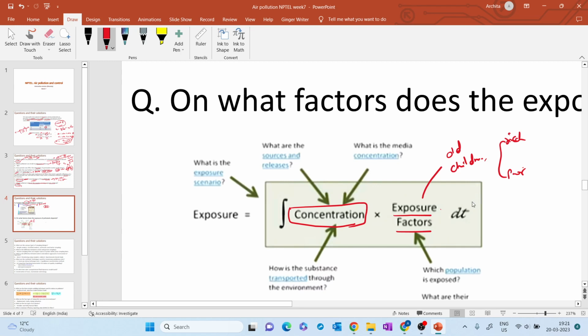Okay, then time, that is, for what time it is being exposed, and all of these factors will help us understand how much a particular person is getting exposed to a certain pollutant. Okay, so these three factors are important: the concentration of a pollutant, the exposure factor of the pollutant, and the time for which it will be exposed. Okay,